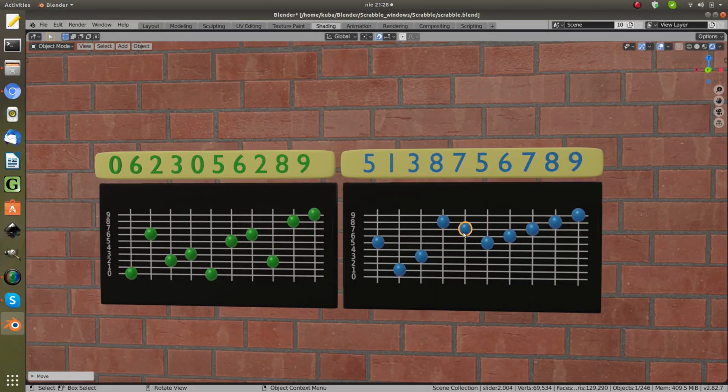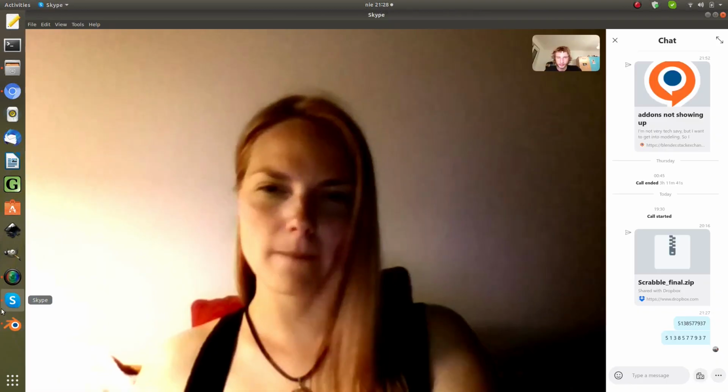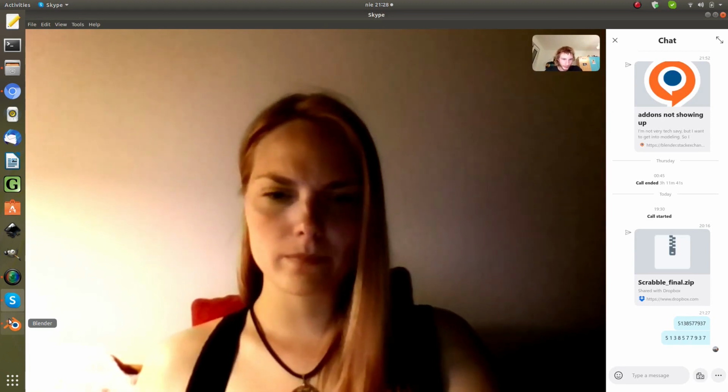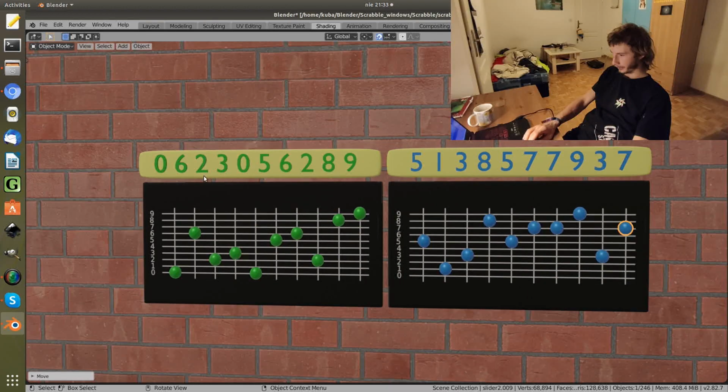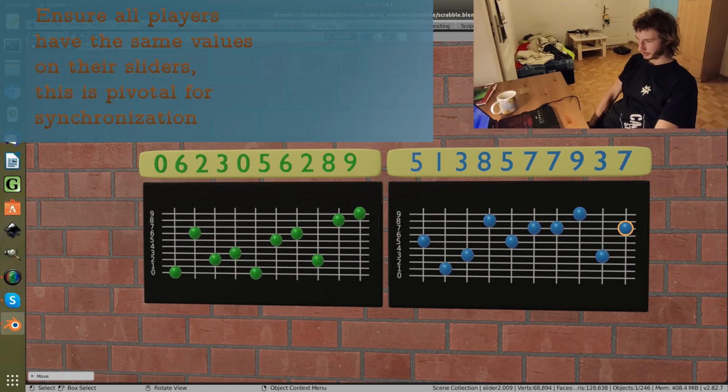No, it was 5. It lags a bit, but if you just move the cursor above the place where you want the slider to end up and just press, then it takes a moment to update, but it will place it where it should go. The fact that we only have a few of the green ones moved is fine for us because we never actually played with this setup. But in general, if somebody would like to use this Scrabble over and over, they should always generate 2 random numbers properly, so they get a better green